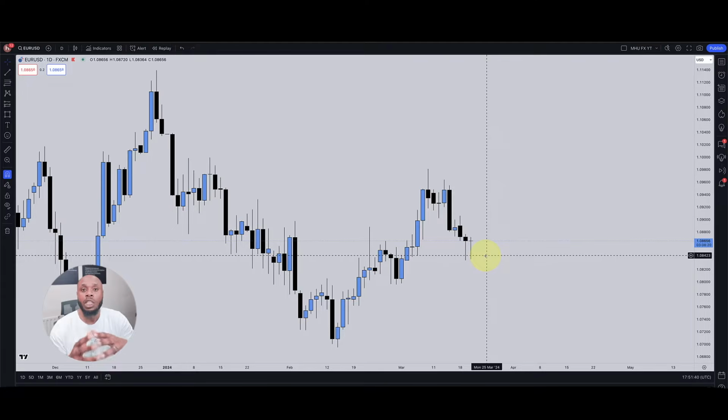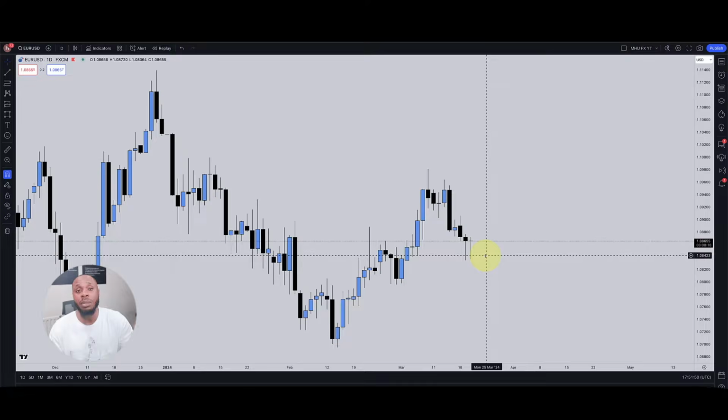I used to be really up in my feelings, really up in my emotions when I was swing trading. The moment I would get into a trade, I would want to close out that trade early just in case it could turn back on me. Sometimes I would hold a trade for days, only for it to come back and hit my stop loss. Sometimes I wouldn't even move my stop loss, because I believed price would never come back.